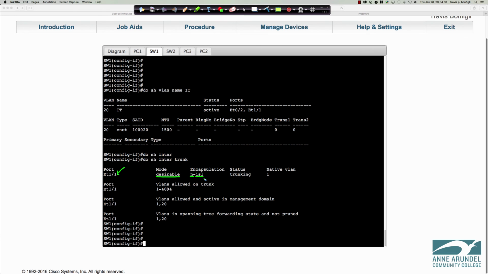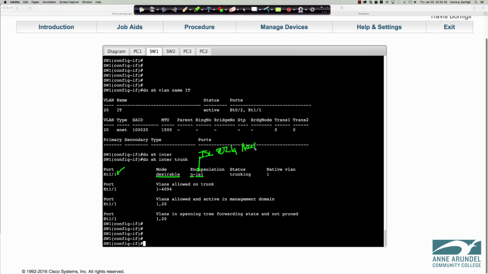Now, a quick note, ISL is Cisco proprietary, it's legacy, and in fact, on the newer Cisco switches, the 3850s and the 3650s, that is not even an option that you can pick when setting your trunking encapsulation. So remember, the N stands for negotiated, which means that we didn't hard code it, that the switches worked it out between the two of them, and the order is it will try to negotiate ISL first, right? So remember that. It's going to try to negotiate ISL and then 802.1q,